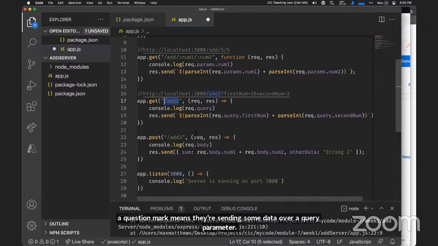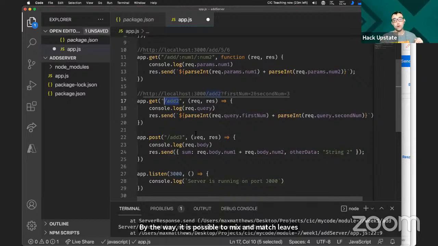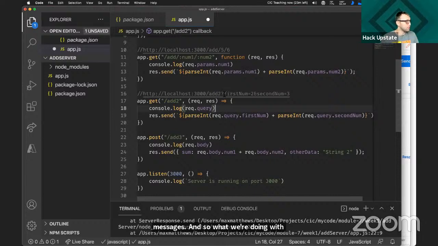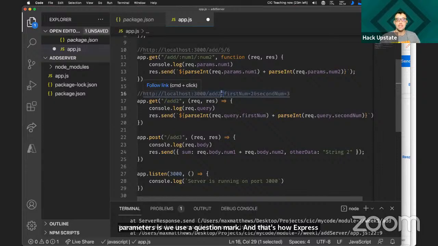By the way, it is possible to mix and match these, and we're going to show that in our chat app. We are going to use a route parameter for the ID that we're going to be sending back and forth, but we are going to use the post body to send the actual messages. With query parameters, we use a question mark, and that's how Express knows anything coming after this isn't going to be used for the routing.